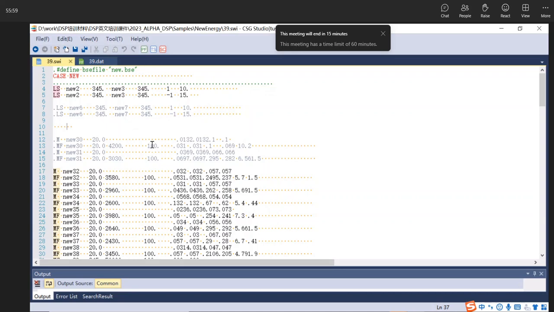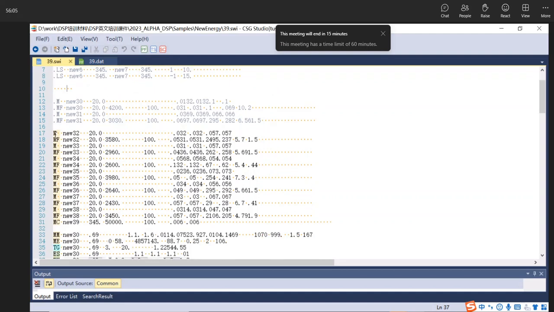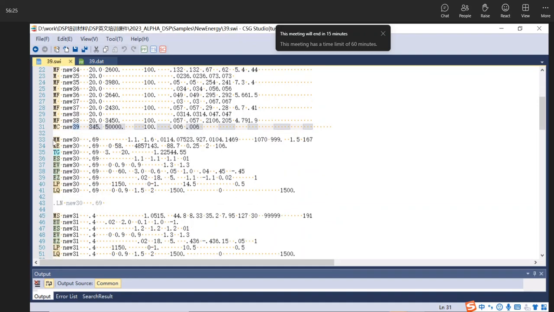For the other part, the SWI file contains the other parameters of devices. M and MF mean the synchronous generator. The nodes named new 32 to new 39 are all generators. And this part, MF to LQ, is the DFIG because it has the card, and it contains